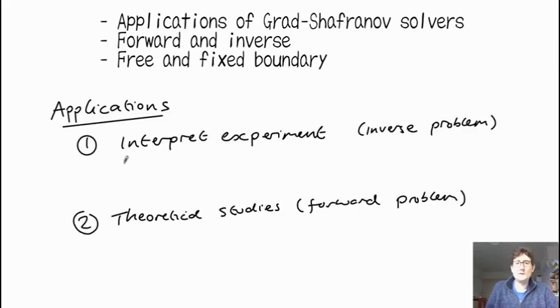So in the first case we have an experiment. We measure some things in the experiment, like the magnetic field at various points around the machine, or we might measure the total current in the plasma, or we might have measurements of the temperature and density at some points in the plasma by, say, Thomson scattering, for example. And from this data we want to reconstruct what the magnetic equilibrium looks like. And so this is calculating the pressure profiles and the poloidal current profiles from experimental data.